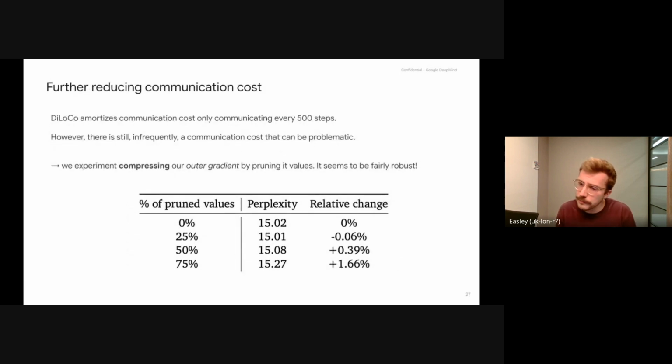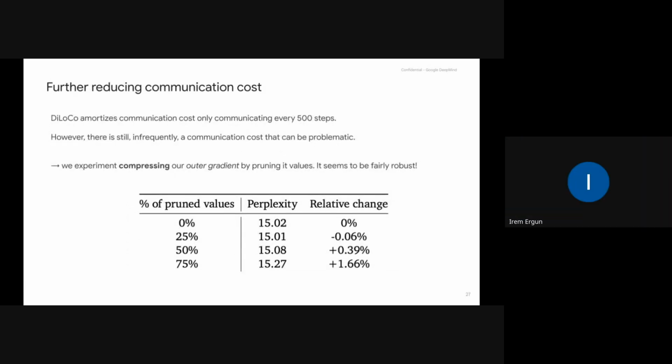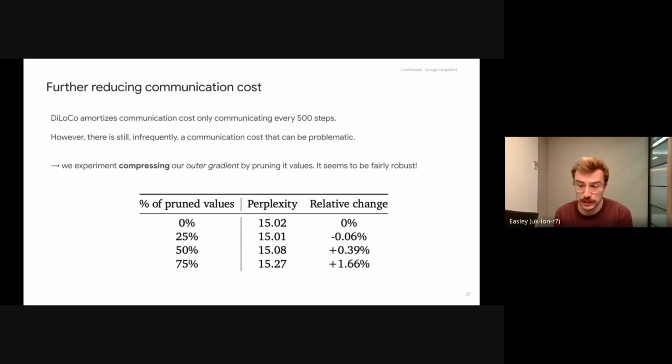Yes, Irem? When you say pruning here, does this correspond to gradient sparsification type of parameter reduction, or is it like freezing some of the parameters? Good question. No, it's simply we take the outer gradient, the delta, for each replica, and then we simply zero out some of the rows of each gradient, and then we communicate, meaning we have fewer bytes to communicate.